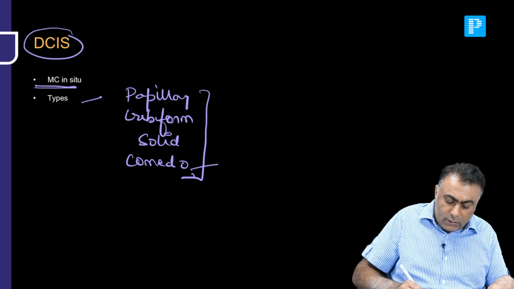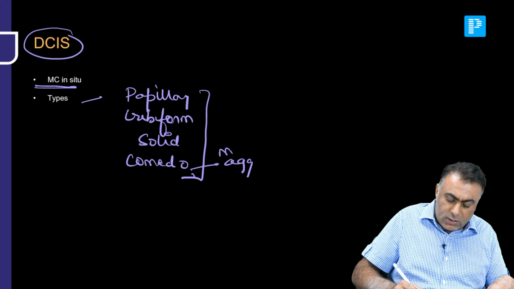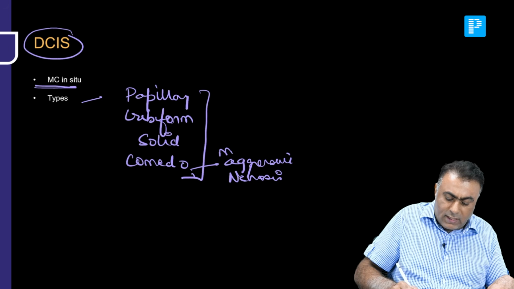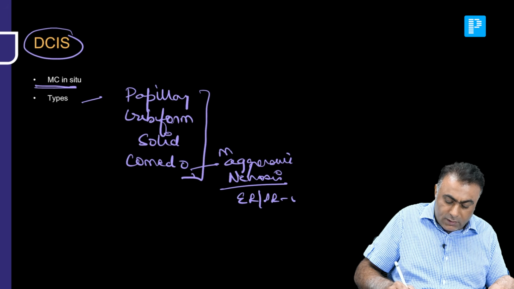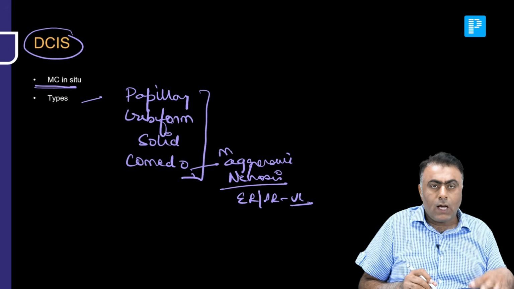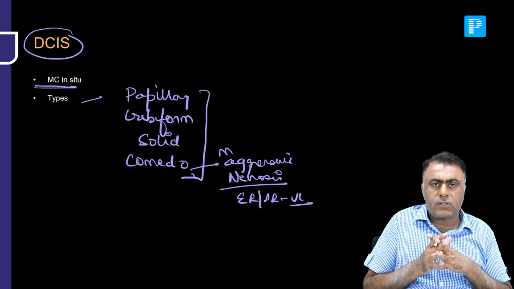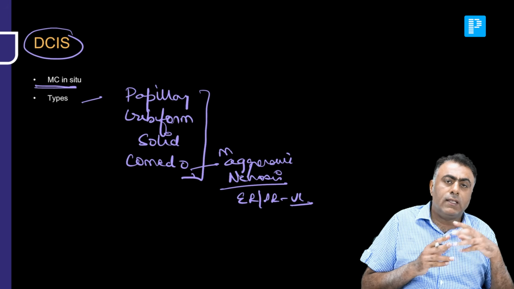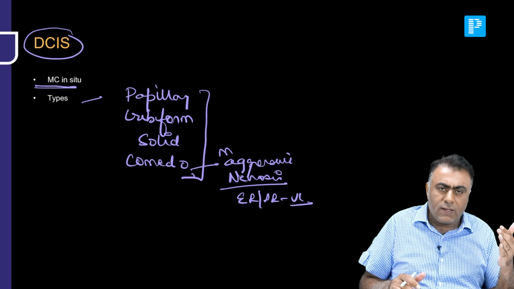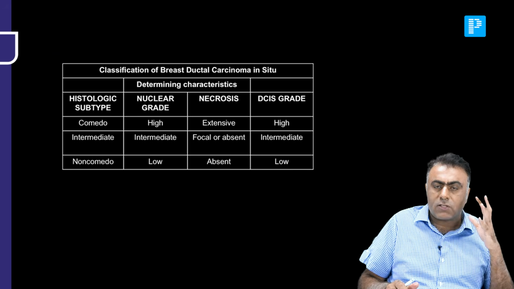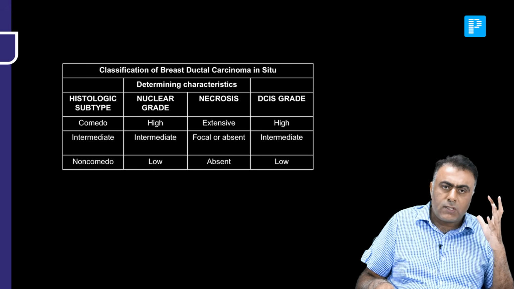Out of this, the comedo type is considered the most aggressive type, with extensive necrosis, and it can be ER/PR negative. So, that is the most aggressive type. Now, 2 very important things which you have to see in ductal carcinoma in situ are the degree of necrosis and the nuclear grade. Based on this, we have a classification for ductal carcinoma in situ, which divides it into